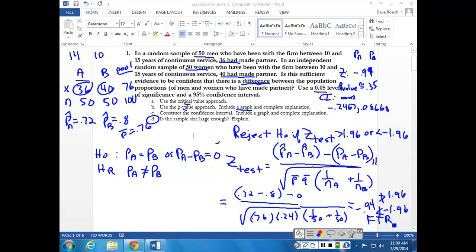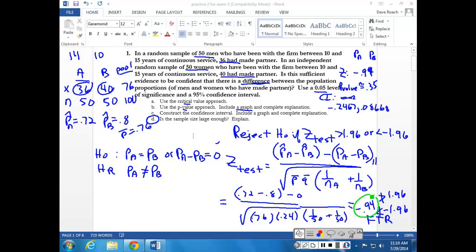And conclude there might not be a difference, that the proportion of males and females that make partner that are within 10 and 15 years of continuous service doesn't differ for males and females. So that's part A. I'm going to go ahead and try and get part B on here because it builds off of this